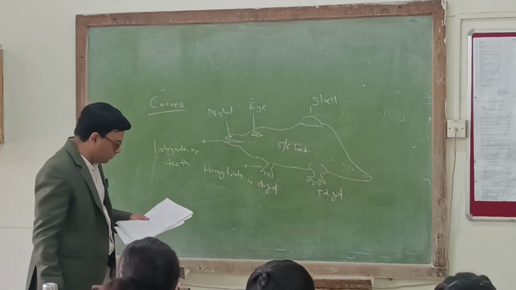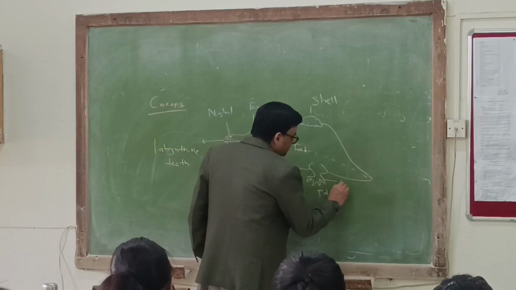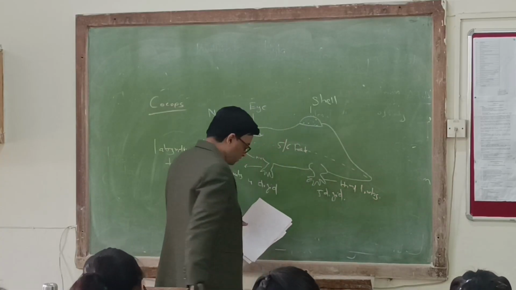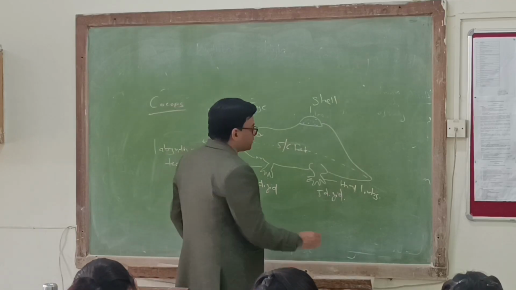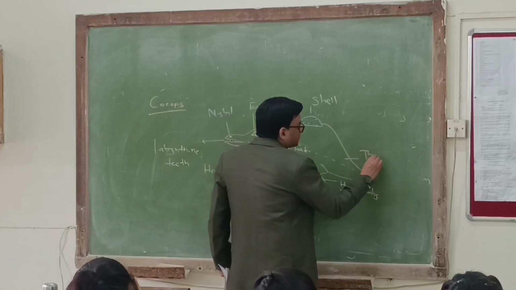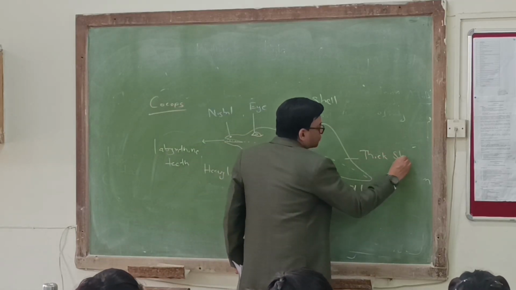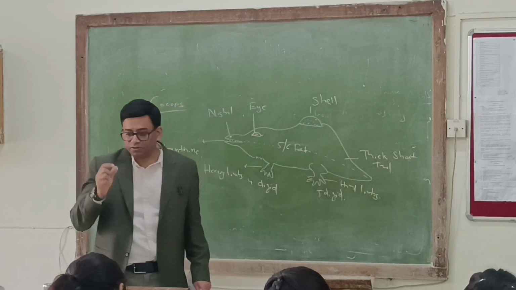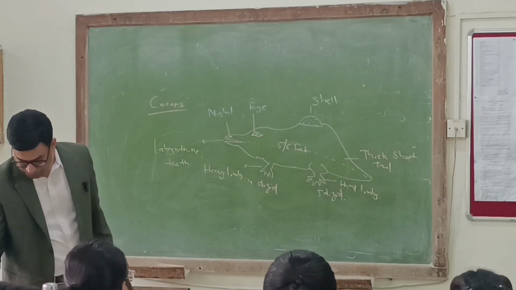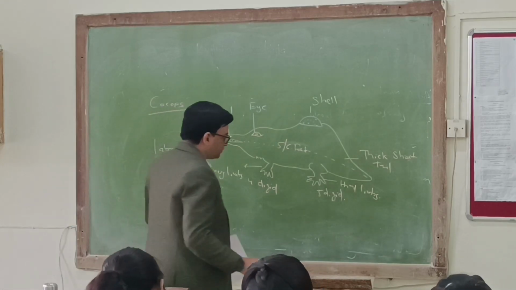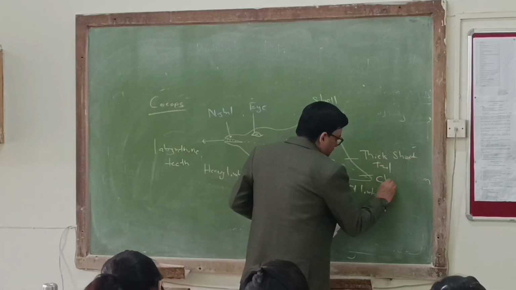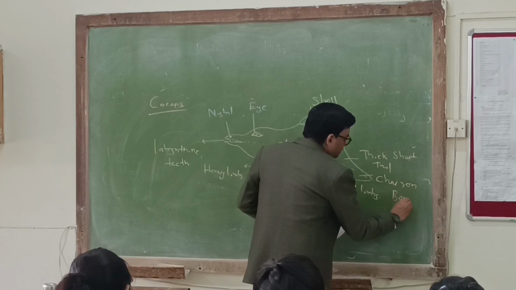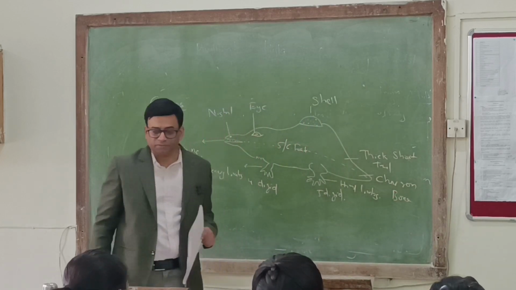Heavy forelimbs, heavy hind limbs, having a thick short tail, and the tail has got a chevron bone. This chevron bone is a V-shaped bone